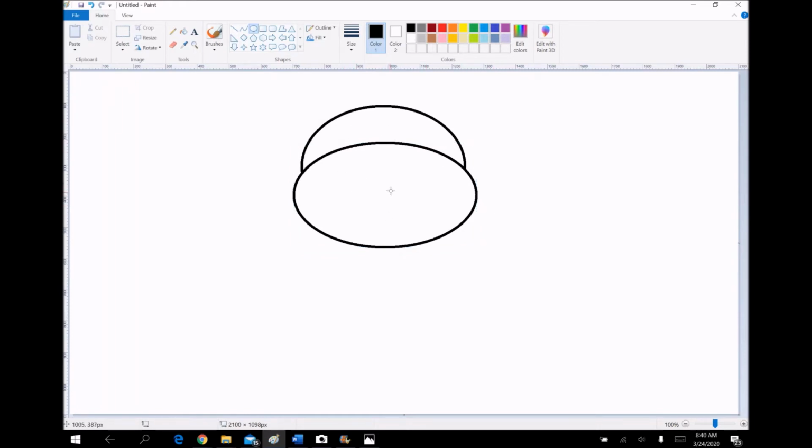But this one, the second circle, sits on top of the first circle. And we sort of started this second circle in the middle of the first circle. And so it sort of sits down at the bottom of this guy. So this is where his eyes are going to be, and his nose is going to be here, and his mouth is going to be here. Okay. So the third thing that I want to do